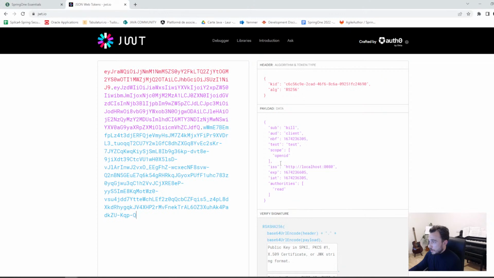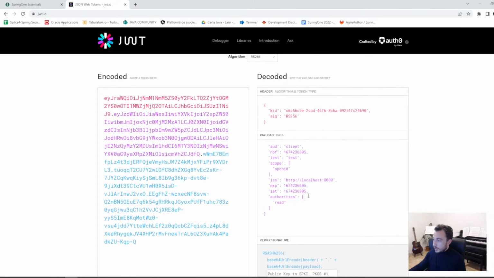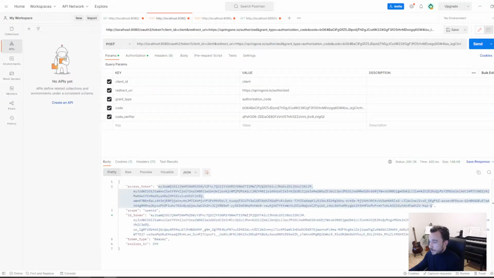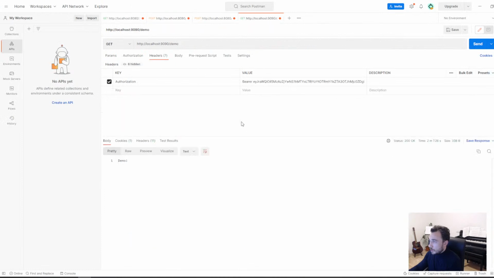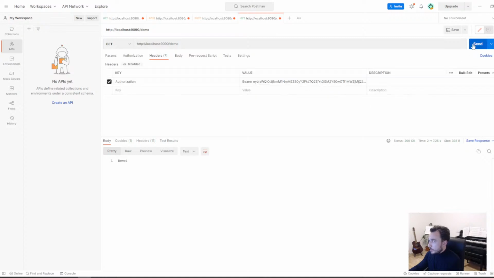And here are authorities. Okay, you see they appear now, and indeed it's a collection of strings, so it's basically what we expected, is the way we wanted them to be. So now that we have them in the token, you just can go here and make sure you put them in the authentication. If I'm doing the same thing now, so if I'm going to the get endpoint and I'm replacing the token with the new one,